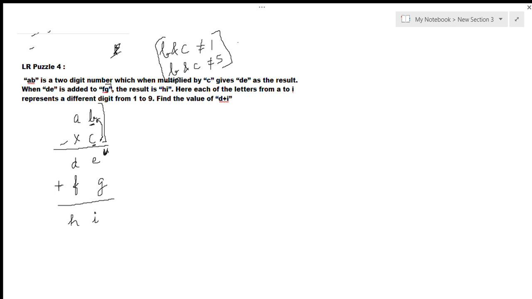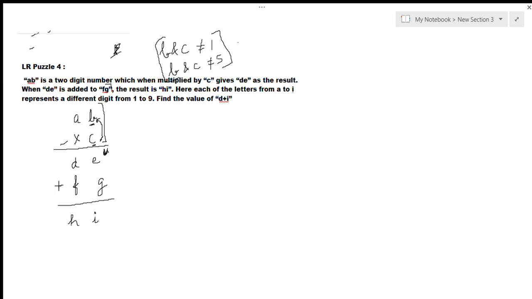Now think about the possible digits at A. The digit at A should be a very small number. Why do I say this? Because AB being a two-digit number, when it is multiplied by something, gives another two-digit number. We then again add it to a two-digit number and the result is still a two-digit number. What if A is a larger digit? Let us say 9. Is it possible? No. 8, 7, 6, nothing is possible. So right now I'll think that A has to be one of either 1, 2, 3.